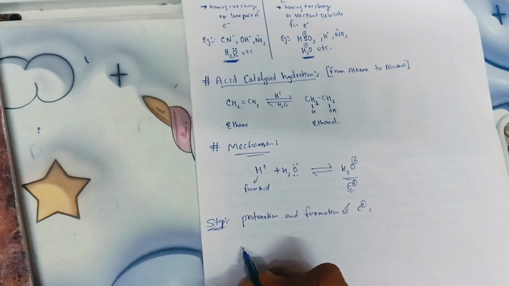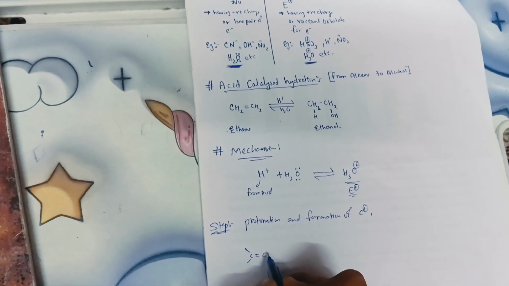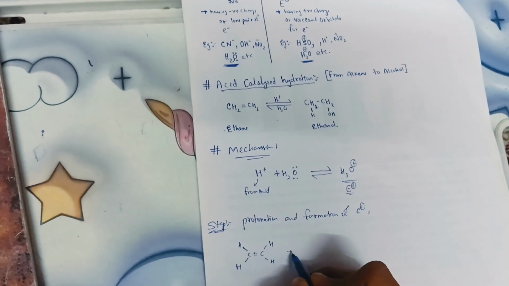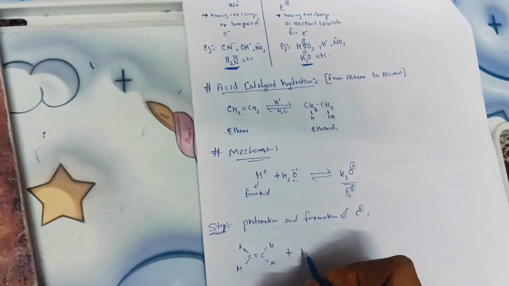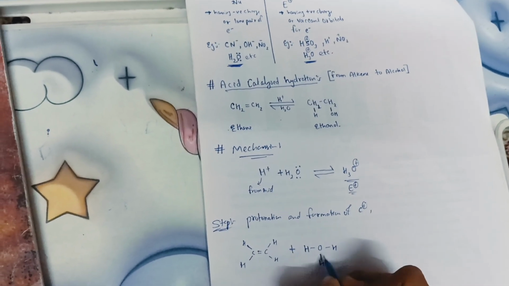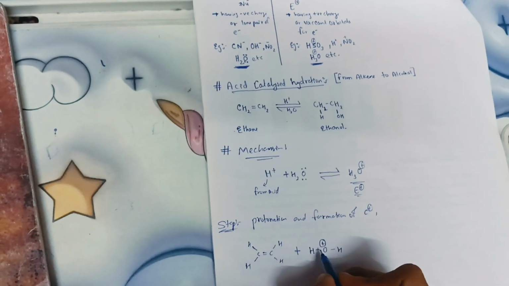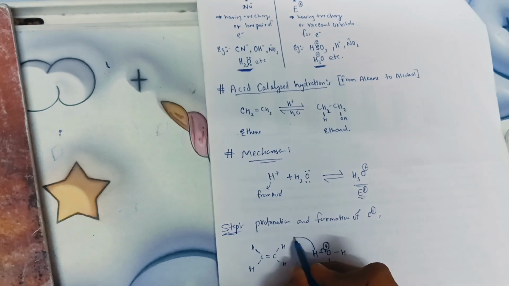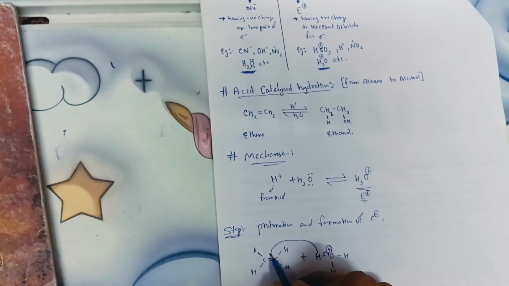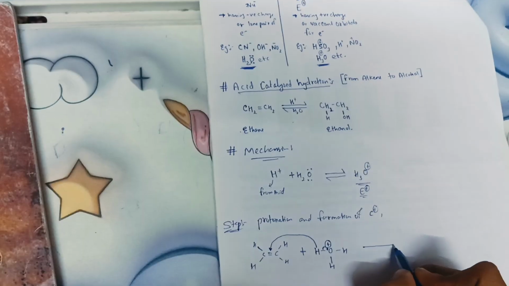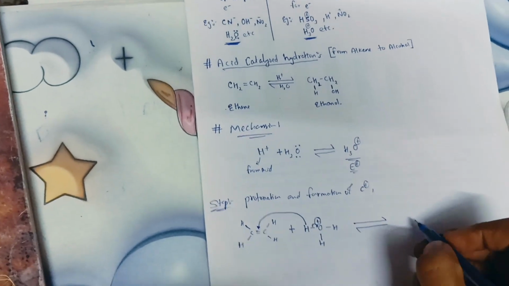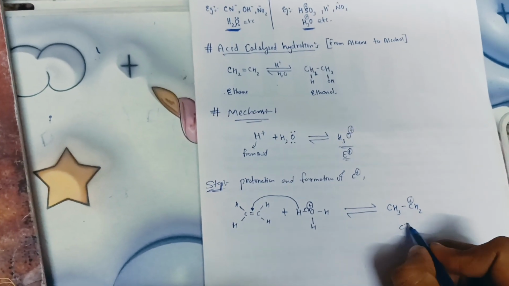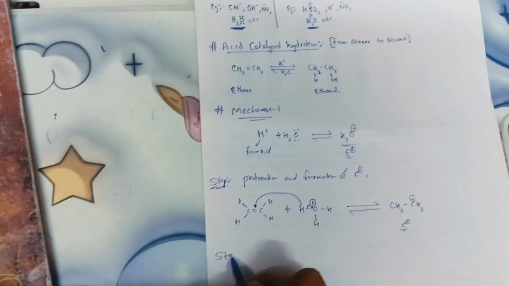carbocation. So first of all, we have taken alkene. What have we taken? Alkene, which is ethene. Ethene reacts with the hydronium ion like that, H, O, H and H, which has a positive charge. This hydrogen will give its lone pair of electrons to the oxygen, and it will become a positive charge to attack it here. In this reaction, we will get CH3 and CH2 plus carbocation. What do we get? Carbocation.